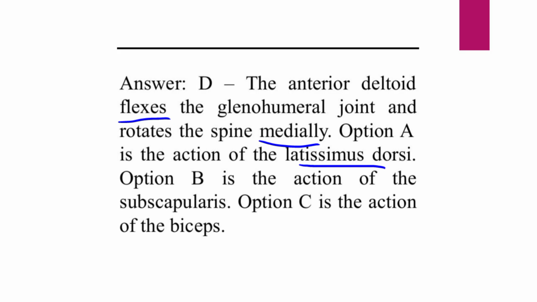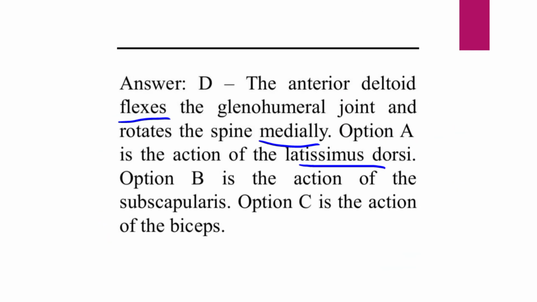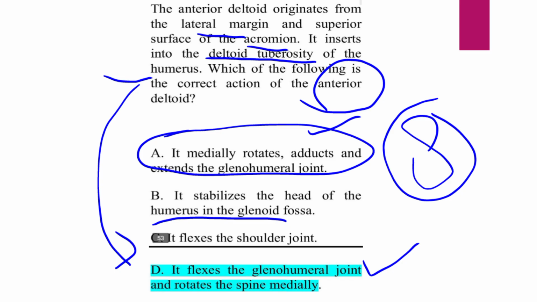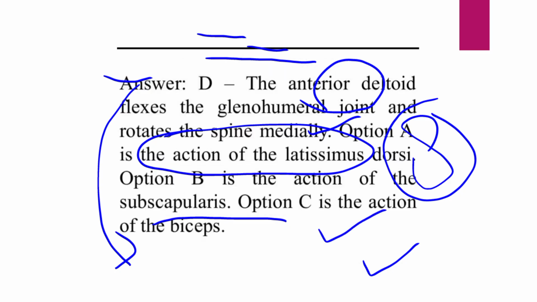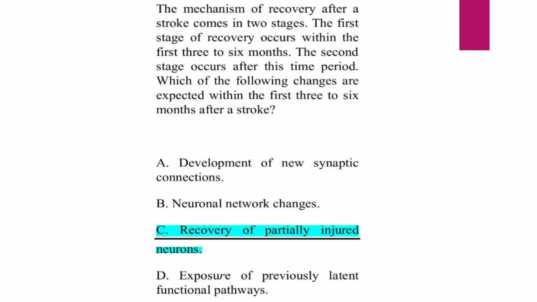Option B is the action of subscapularis. It stabilizes the head of the humerus in the glenoid fossa. Stabilization is the action of subscapularis. Option C is the action of biceps. It flexes the shoulder joint. This is very important. Note this. Next,